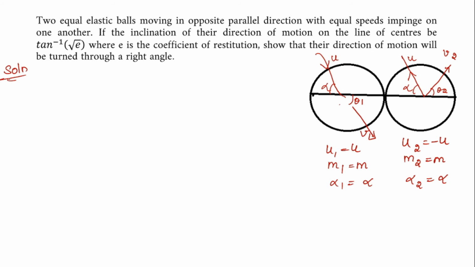That is what they have given. So alpha is equal to tan inverse of root E. That is the inclination angle, and E is the coefficient of restitution. So we are going to prove that theta 1 and theta 2 are turned to 90 degrees. Right? So we know that